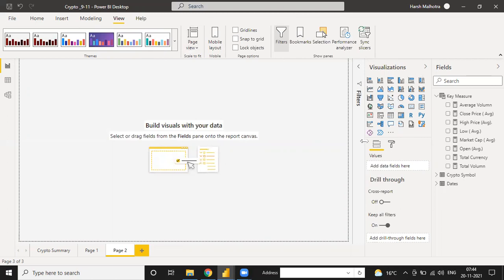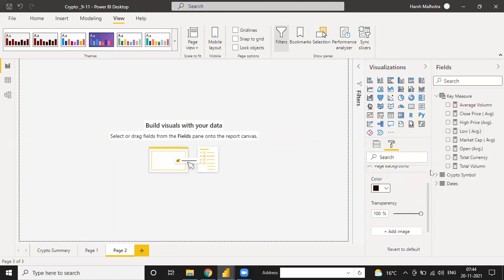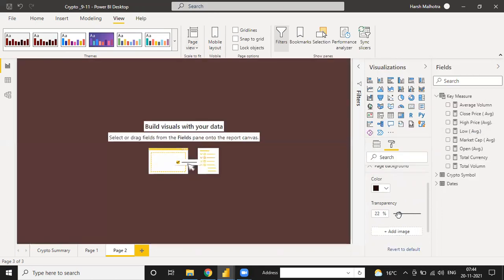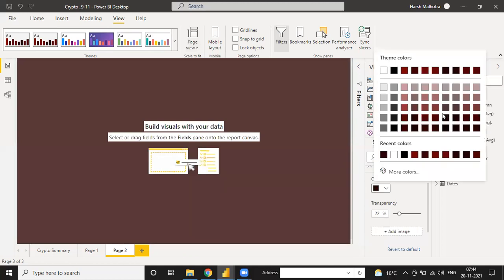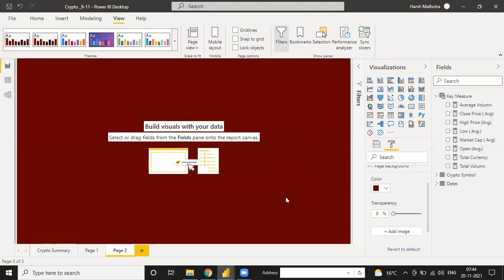Okay, so now I have changed my color theme, and now let me change my page background. Suppose this is my page background. If I choose any color, all the colors will appear this way. I have selected only 8 colors, and those 8 colors depend on our queries. So if I want to use this color for my page background, it will change. Let me use this color. Now a little higher, so now this is my complete page background.